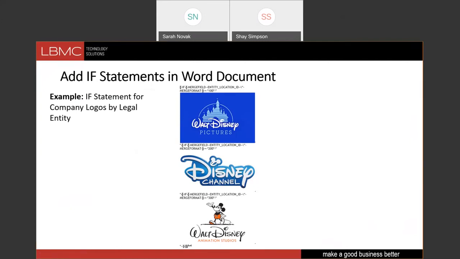Now, the only caveat to that is that when you are within Sage Intacct, you're going to want to transact at the entity level. Because if you don't, it's not going to work. So let's go back into